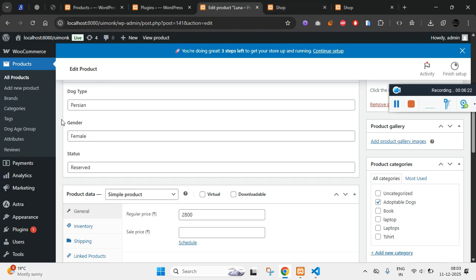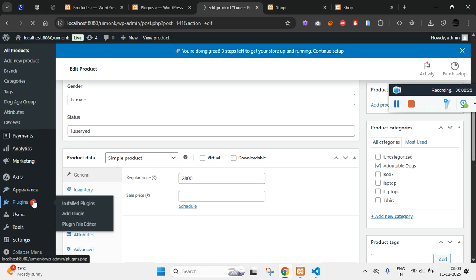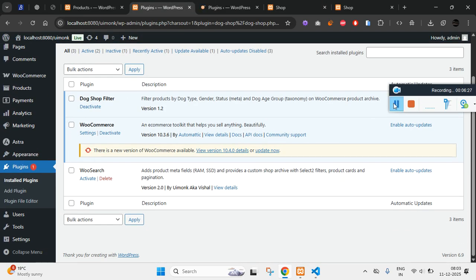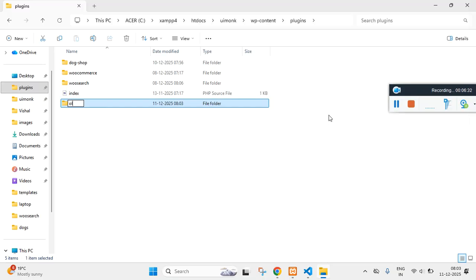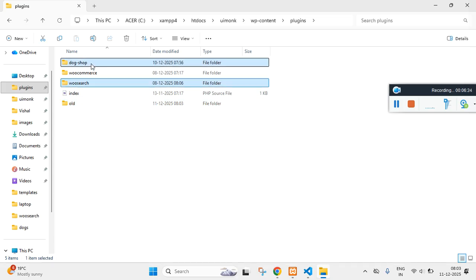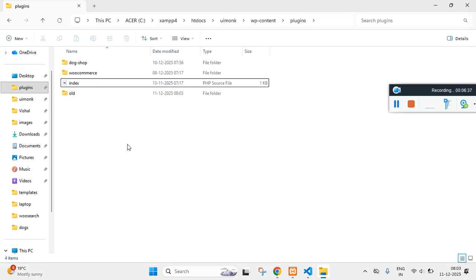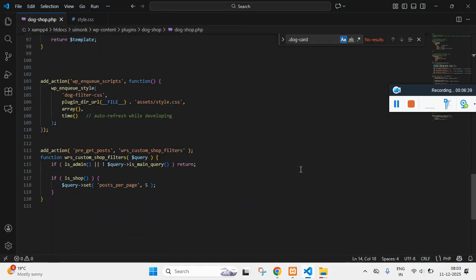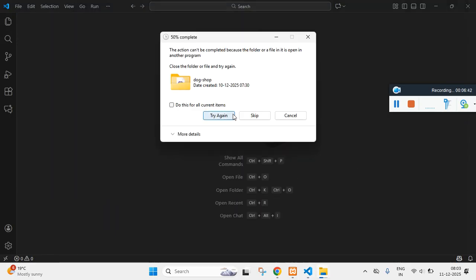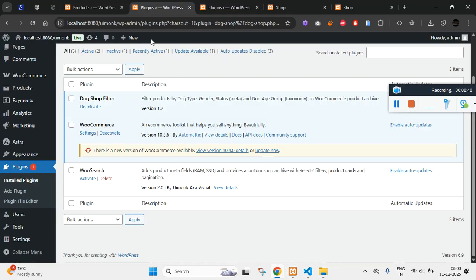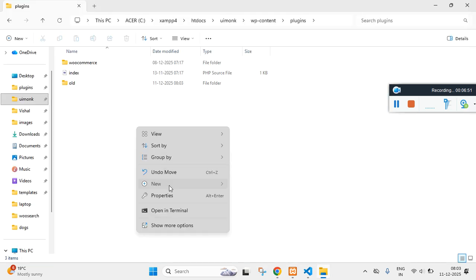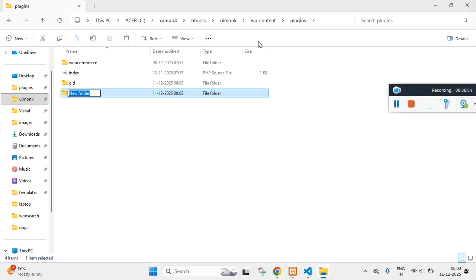Before that, let me just deactivate the current plugin so that it doesn't conflict with ours. So what I'll do is I'll create a new folder and name it old and push those two plugins inside. Cool. Now we want our plugin to show in this particular page. So what we will do, we'll create a folder and let's call it doc shop, and in the doc shop